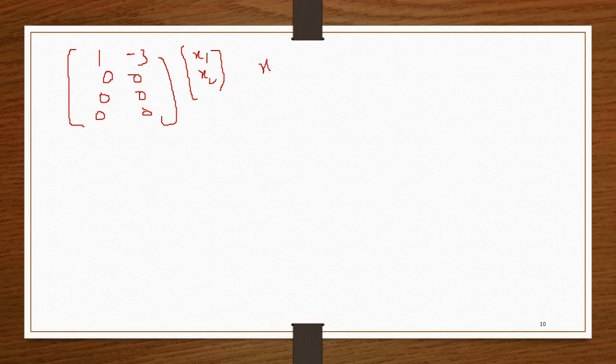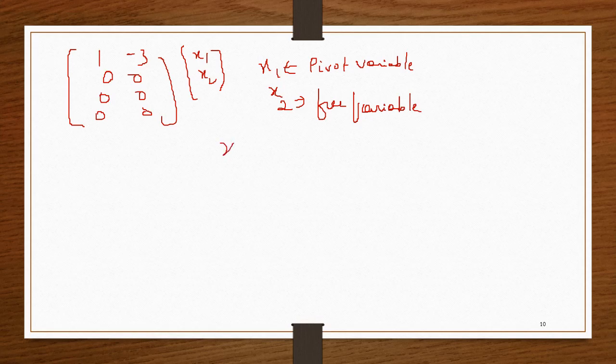We got the final matrix as 1, minus 3, 0, 0, 0, 0, 0, 0 times x1, x2. So here x1 is the pivot variable and x2 is the free variable. If you write it as an equation, we get x1 minus 3x2 equal to 0,